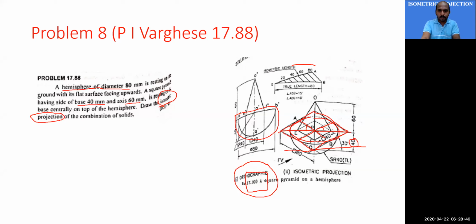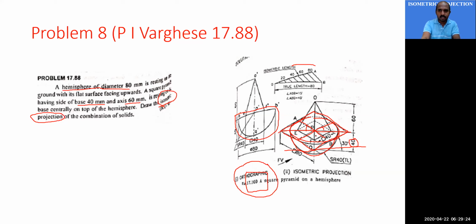Then P as center. What is the radius now? Now you are dealing with the isometric projection. So what is the radius now? Original radius. So P as center, original radius. What is the original radius here? It is 40. With 40 as radius, you draw a circle. Normally the circle will be below this point O. Why? Because from O to P it is only isometric length of 40, which is smaller than 40. But here when you are drawing, this will be equal to 40.